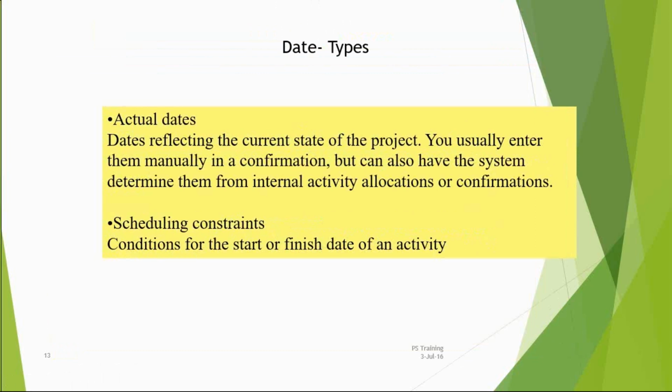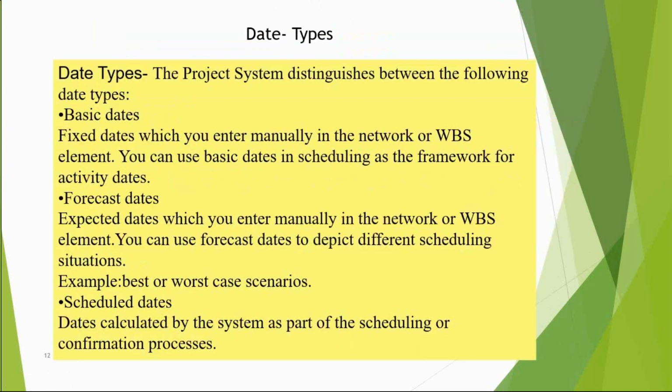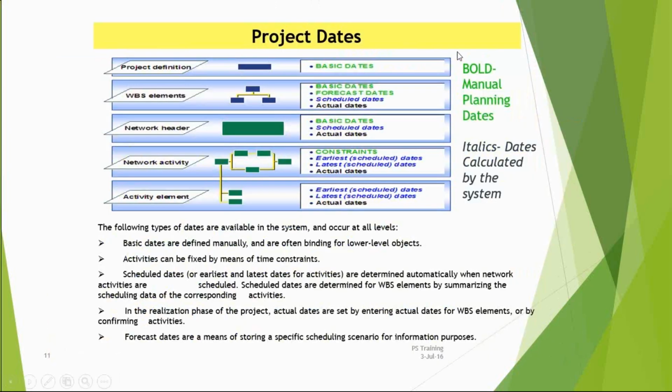Basic dates are nothing but whenever I am creating a project, the dates will get populated. It will ask me for the start date and end date. Whatever dates I give during the creation of a project, those are the basic dates. In WBS elements, we have the four options: my basic dates, and my forecast dates, how I am going to forecast my dates,